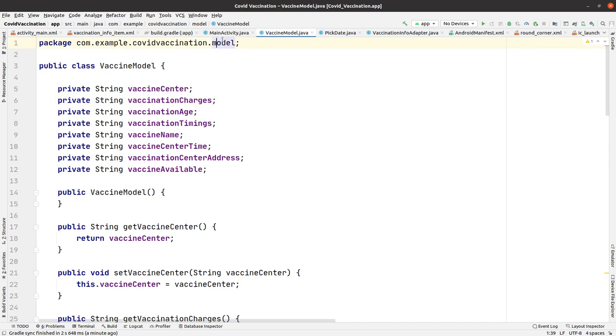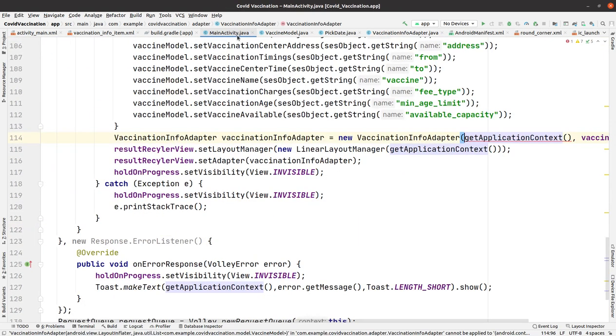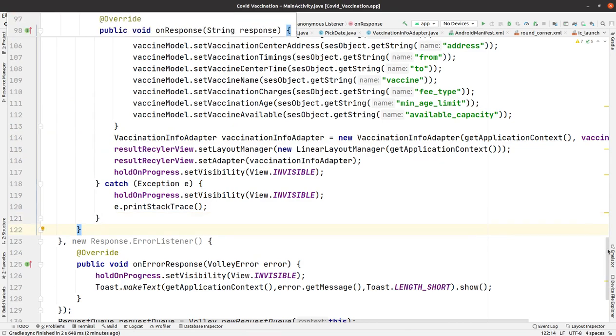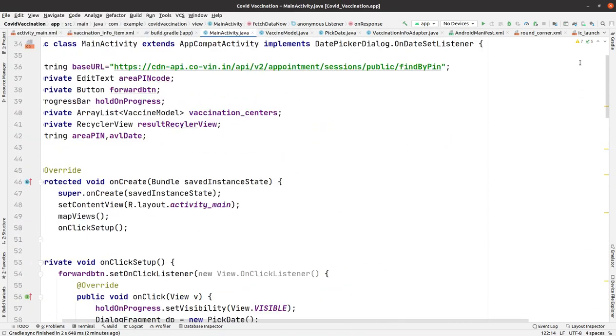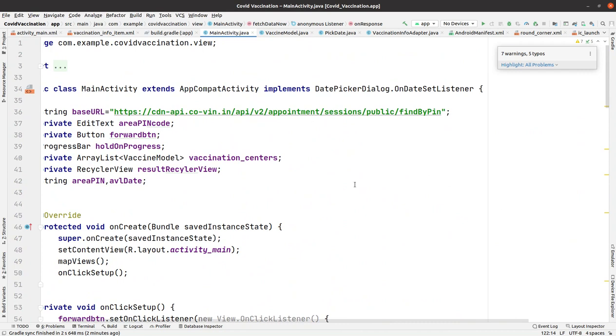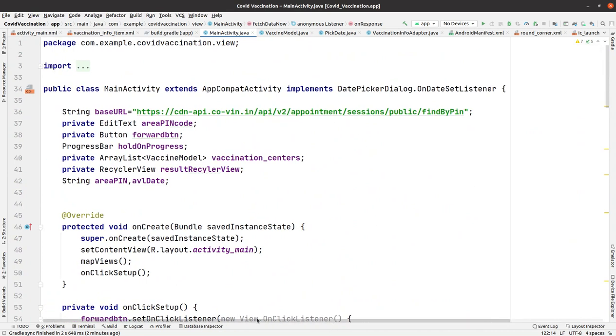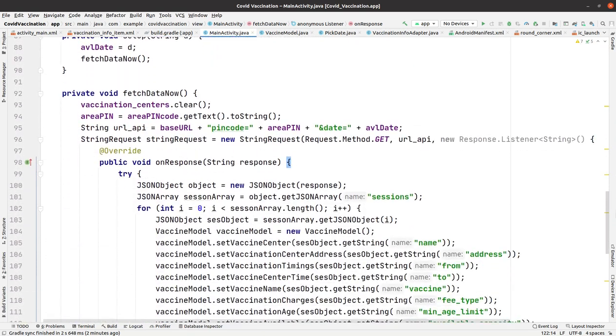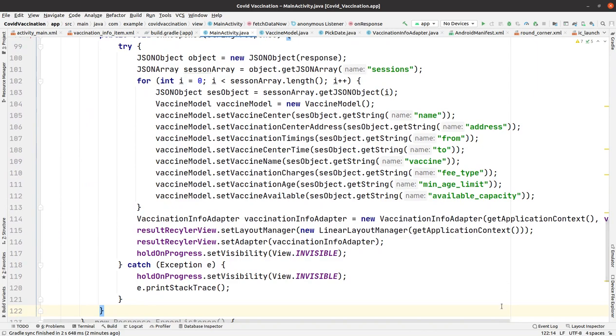I'm just scrolling from top to down, so that if you have messed up anywhere, you can correct your code. After that I will also be running this app, installing it on the real device, and will show you the result on screen. So now what I'm going to do is